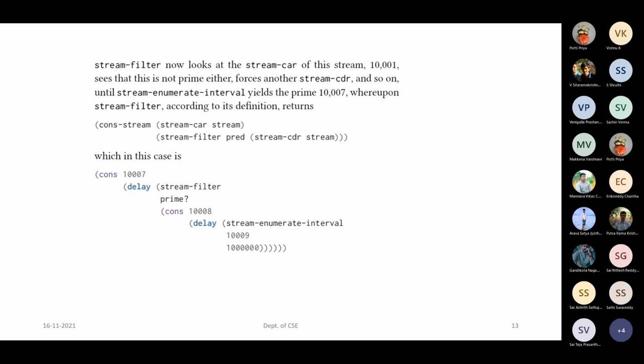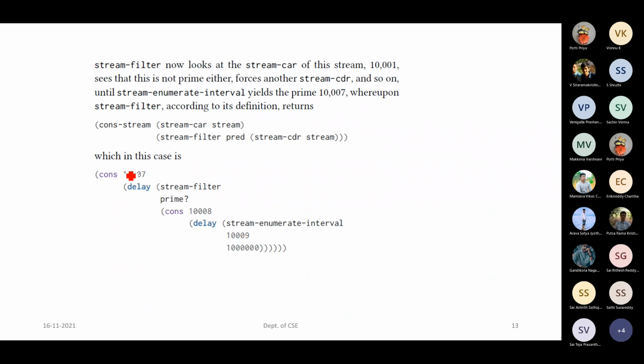Now, if you take this particular example, like this you will be getting the values for this stream. You will pick up 10,001, which is not a prime number, so it will go on. You will have the cons of 10,007 with delay applied onto the stream filter procedure prime, cons of 10,008 with delay applied onto this.